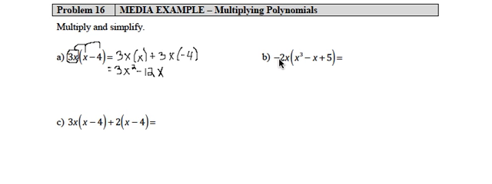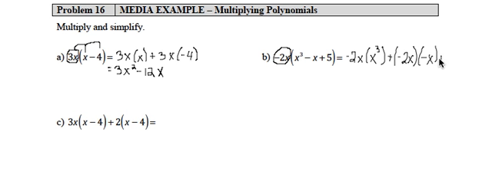Here, negative 2x times the quantity x cubed minus x plus 5. Again, I want to take negative 2x and distribute it across each of the terms in parentheses. The way I'm going to do that is to write it as negative 2x times x cubed. And again, I'm going to write plus negative 2x times negative x